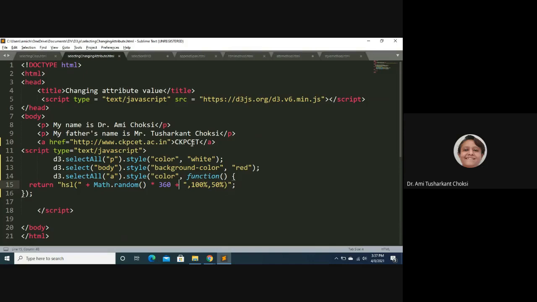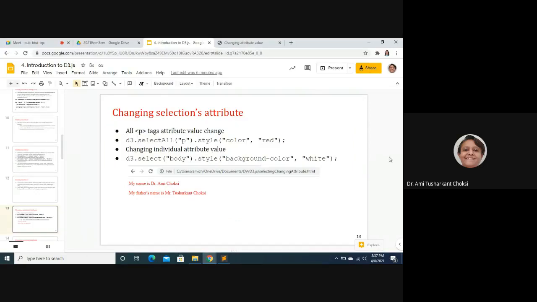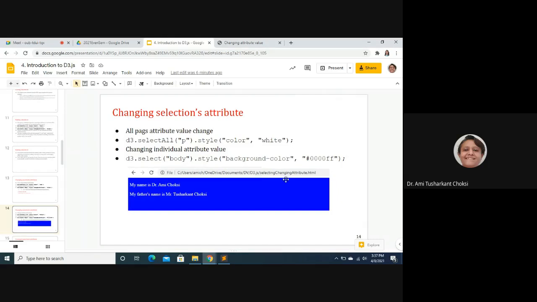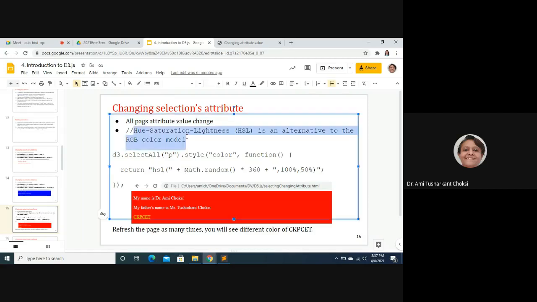Now for that return, what is used? It is calling the standard function of JavaScript, that is HSL. HSL is hue, saturation, lightness. Typically, we are using the RGB model, that is R, G, and B values we have to provide.